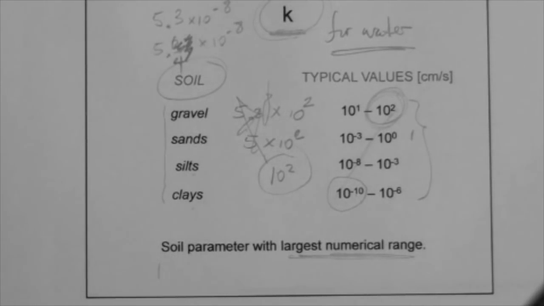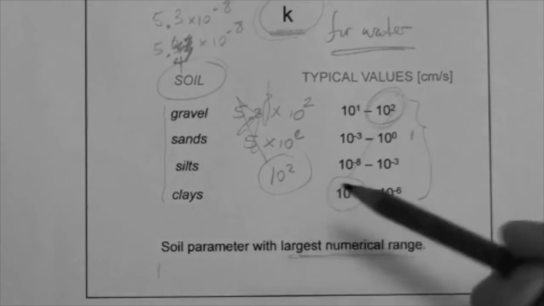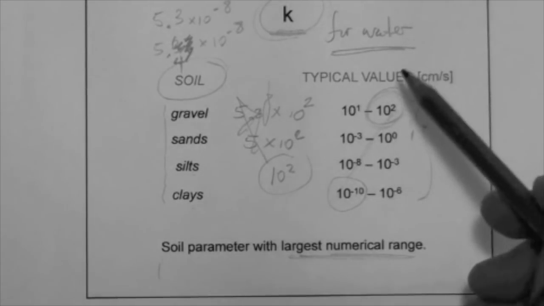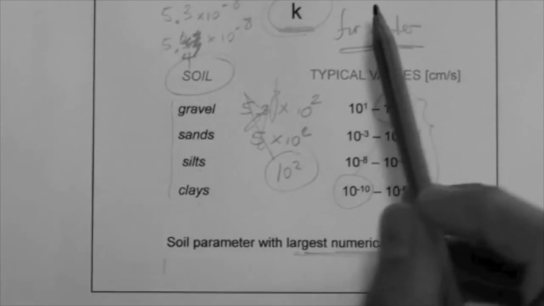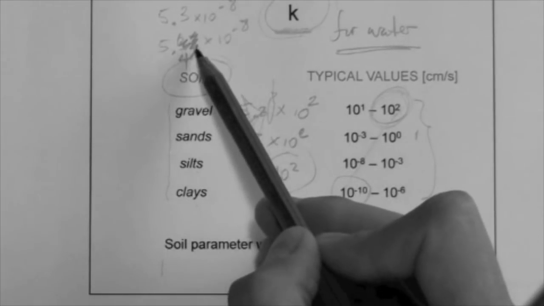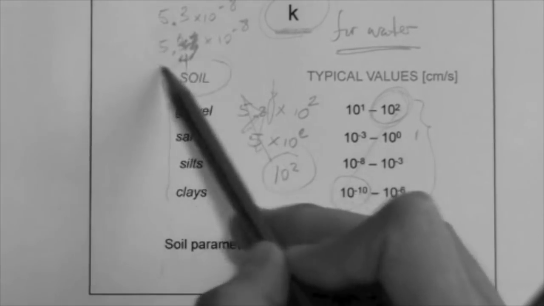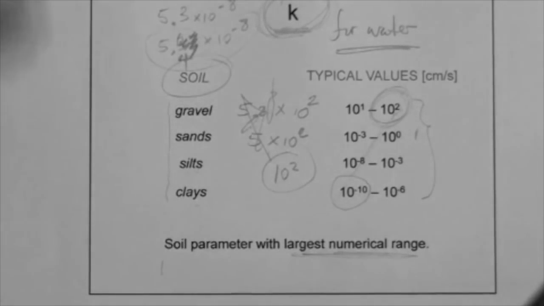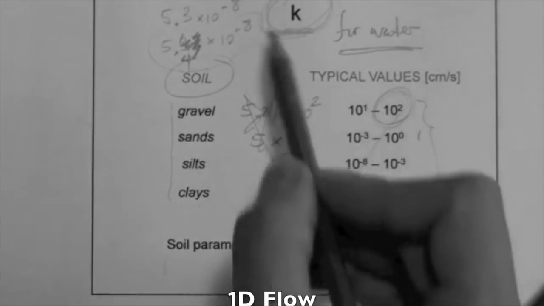It's just a way of reflecting that you know the range of K values that you can have, and that it's very difficult to actually measure the permeability or hydraulic conductivity to such high accuracy. Remember that I said that we can interchange the names, even though the correct name for K is hydraulic